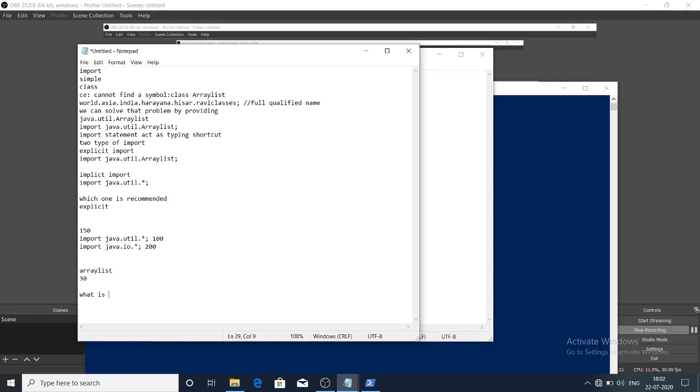What is the precedence we follow in import?